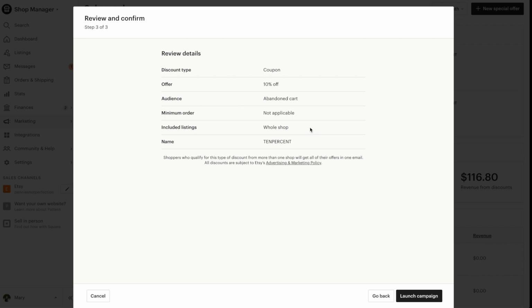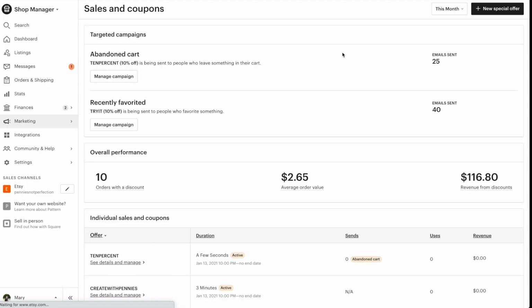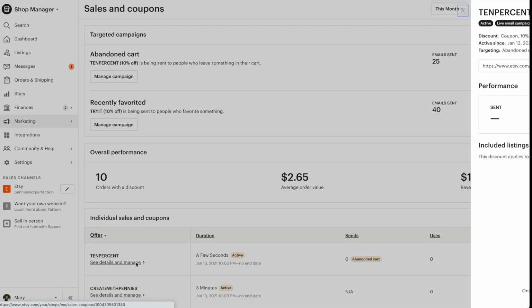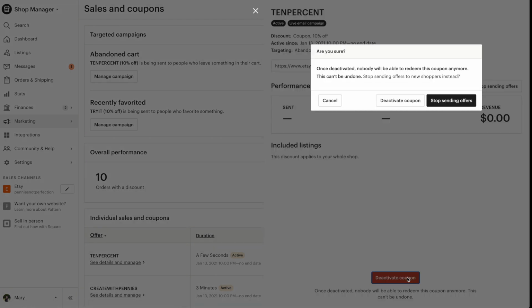On these targeted offers, it's important to note that your whole shop will be covered and Etsy will run this for you. You won't do anything. It will go out automatically. You can also share the link manually, but Etsy is going to automatically run this for you for anyone that has either favorited your shop or abandoned their cart. So you can see up here at the top on the right hand side, it will show you how many emails have been sent. I am going to deactivate this since I already do have one in place, and this